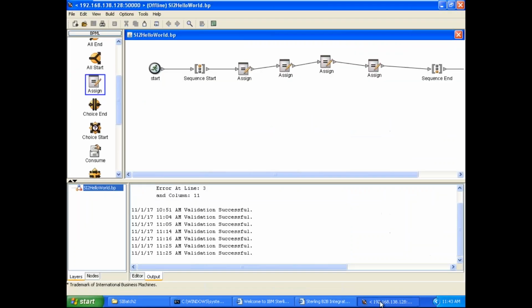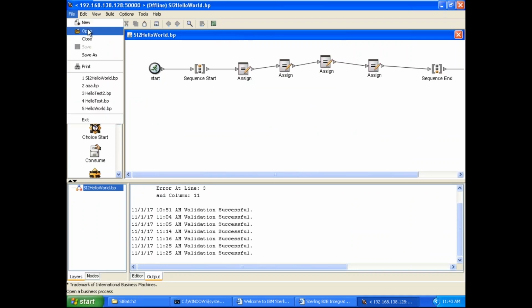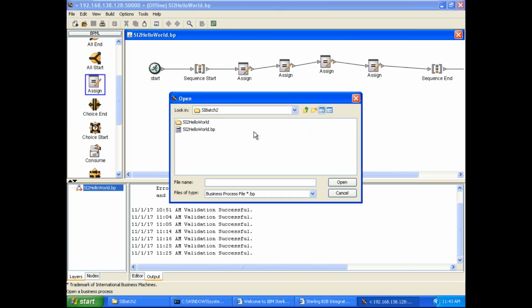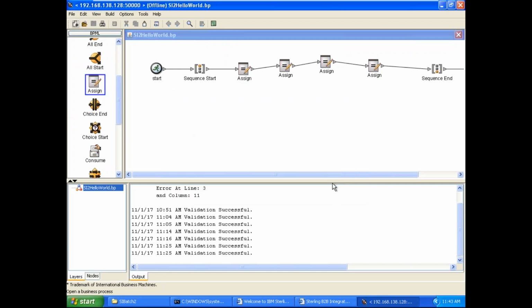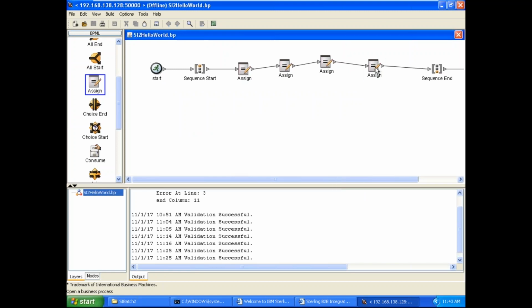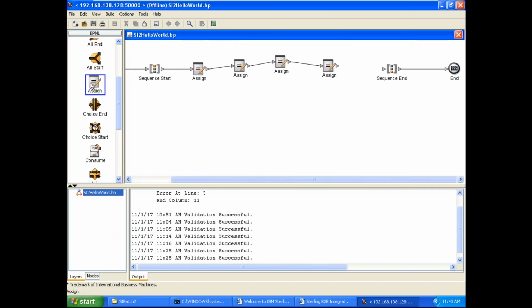Now let's use a variable that is available in the process data. If I click on file open, I will open my business process that I checked out from the dashboard. Here you can see I have four assignment statements. Now, in the fifth assignment statement,